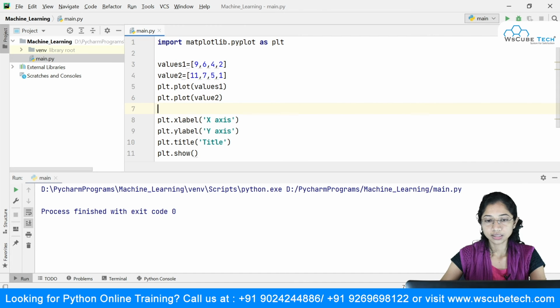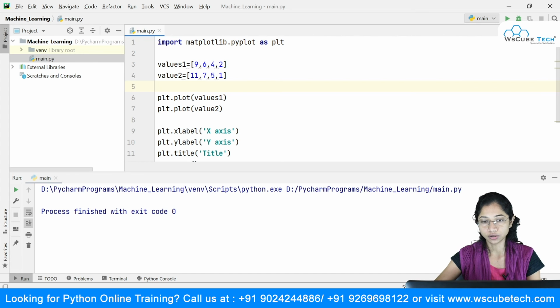Now you can see what is happening: I'm passing only a single set of values to each plot, and I'm plotting two different lines. Both of these sets of values will be on the y-axis, and on the x-axis it will take the default values, that is 0, 1, 2, 3, 4. Okay, so I will just run this.